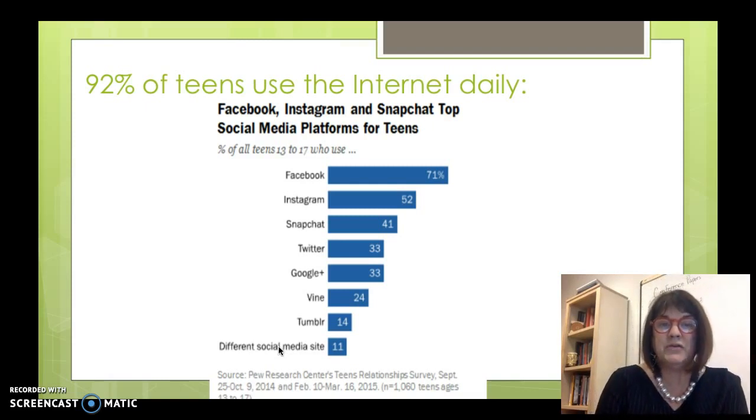He does use Instagram and Snapchat. With this study, we did see another breakdown: wealthier teens are using Instagram and Snapchat, and lower SES students are more likely to use Facebook. I have no idea why that divides along SES lines, but the Pew research did report that.